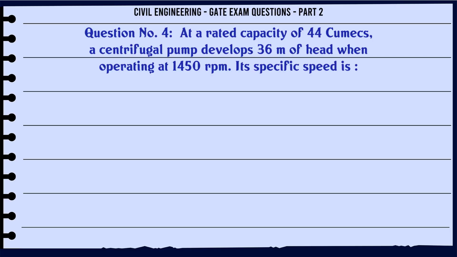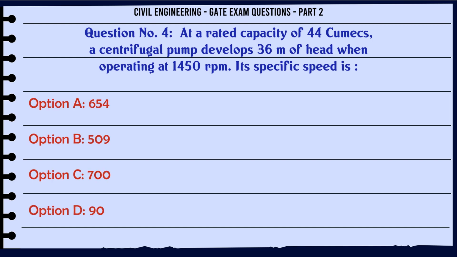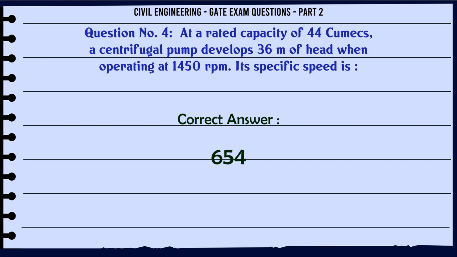At a rated capacity of 44 cumecs, a centrifugal pump develops 36 m of head when operating at 1450 rpm. Its specific speed is A 654, B 509, C 700, D 90. The correct answer is